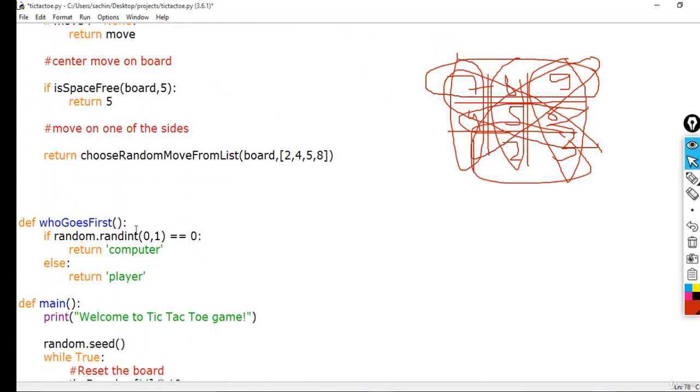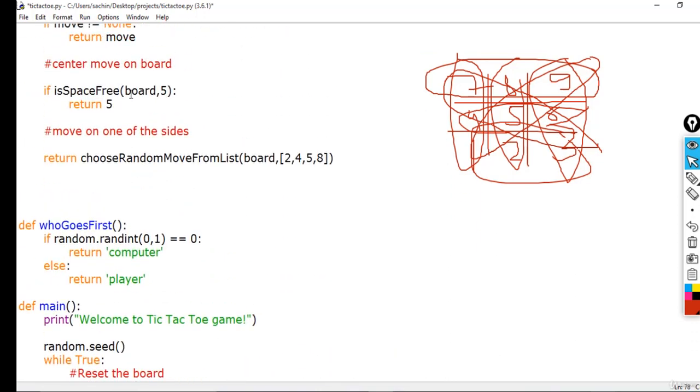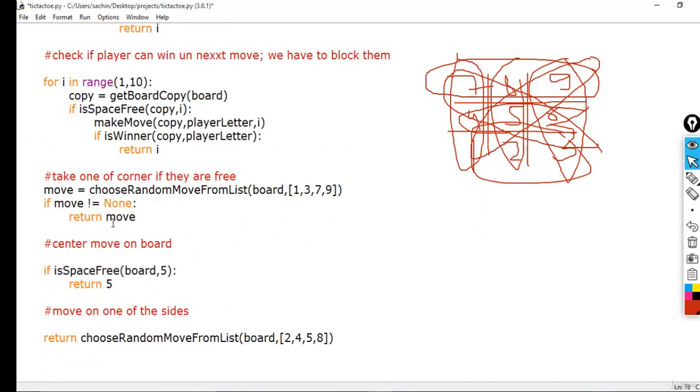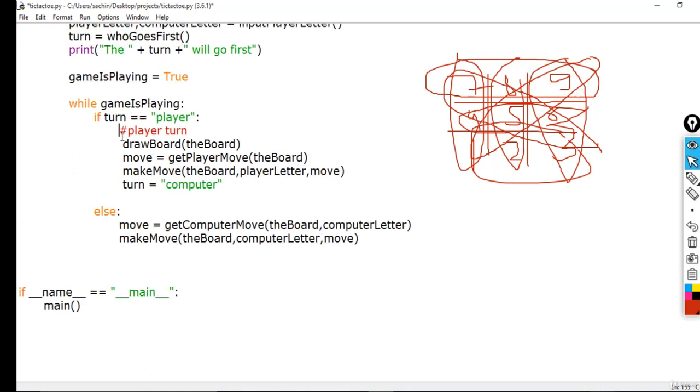So let's go down again here in our gameplay, and now it's time to implement these two methods, the is winner method and the board full method, over here in the player and in the computer move, and that should be in the next lecture. See you in the next